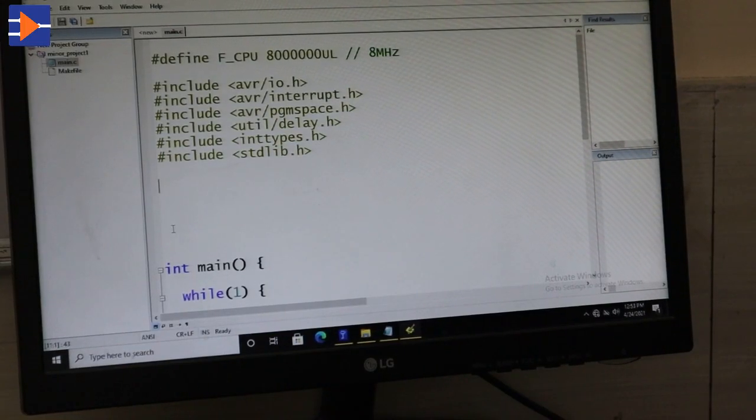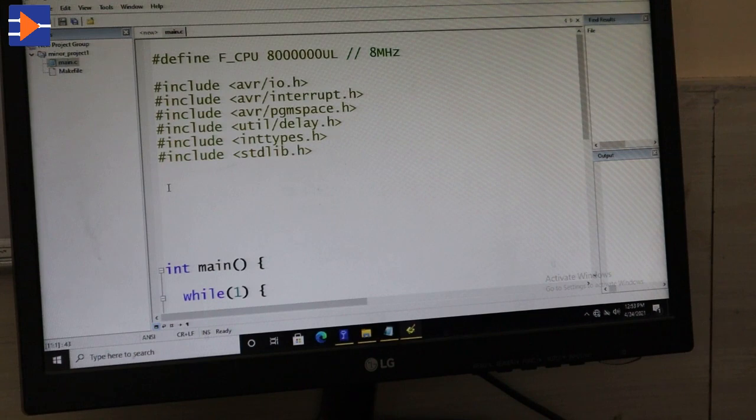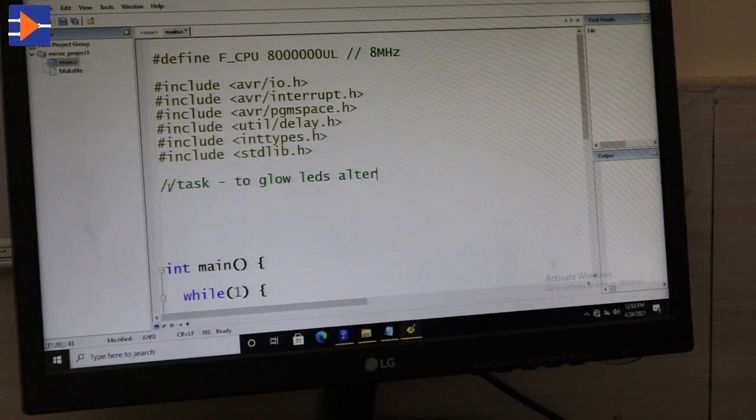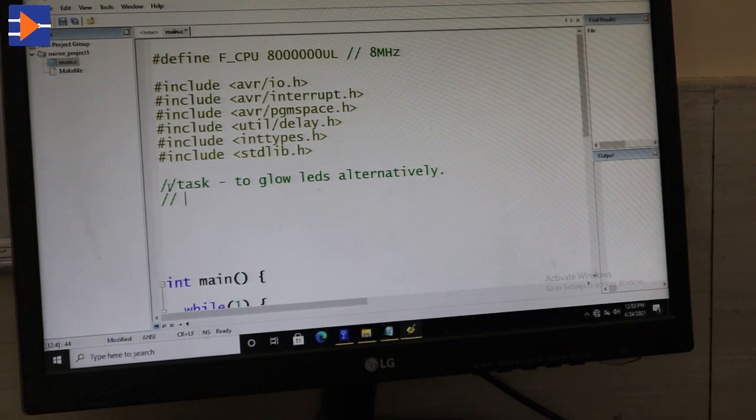So friends, let's start with minor project 1. Before starting, we will first define our project, or write some special comments or remarks. The task of this project is to glow LEDs alternately, and second, we are going to use port D for 8 LEDs.